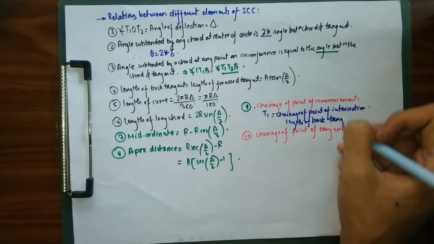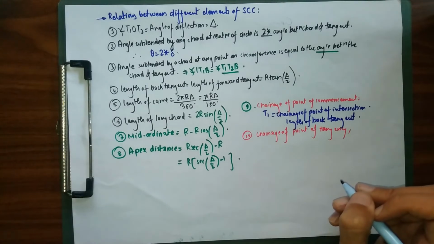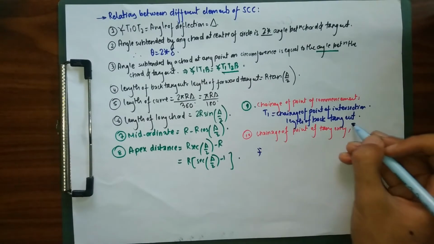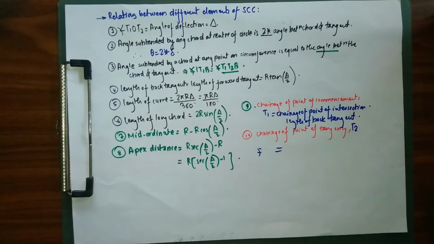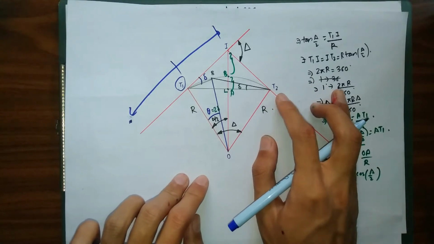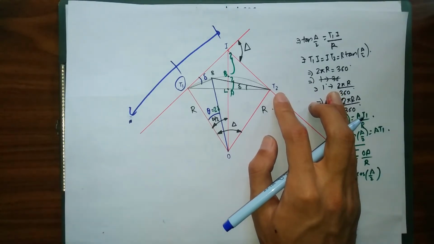So knowing our length of back tangent and our chains of point of intersection, we can simply find our chains of point of commencement. So now in the final step, we have our chains of point of tangency T2. So we need to find our chains of point of tangency T2. So as you can see over here, in order to find the chains of point of tangency, what